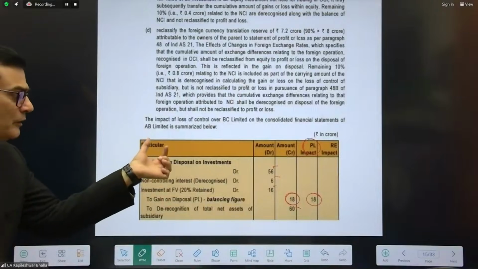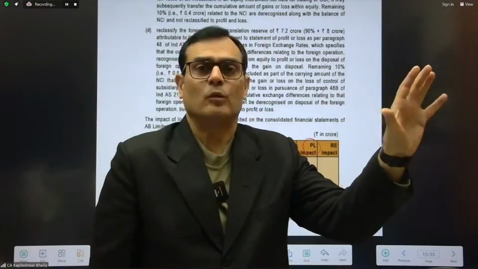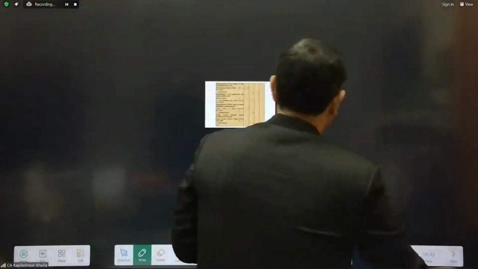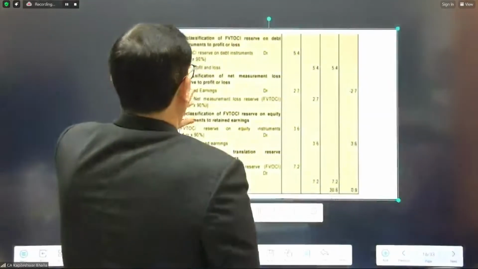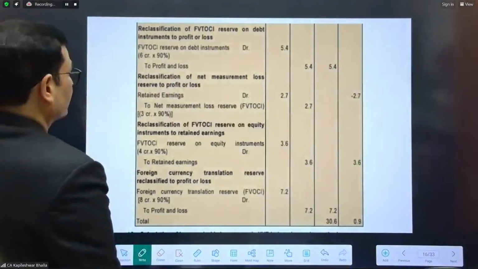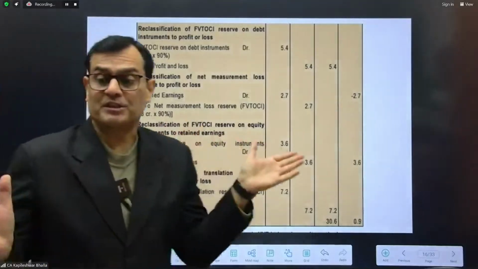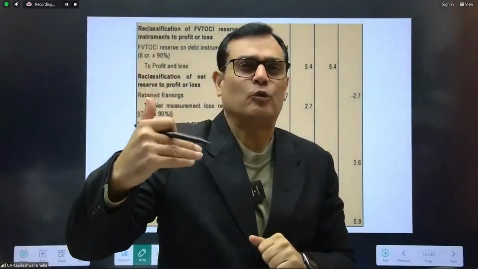So this is the entry which we have been doing so far on the disposal of the investment, the 103 reversal entry. Now, moving forward, we need to consider 4 movements in the OCI. So let's have a look at the movements in the OCI. Now, please watch this carefully. There were 4 inputs given in the question regarding the OCI movements.